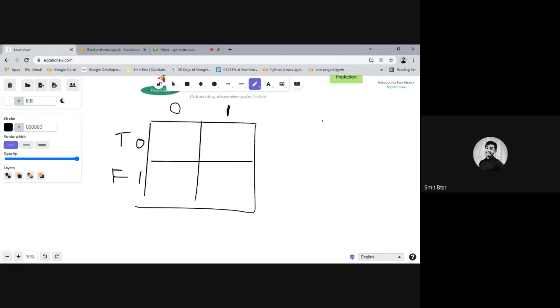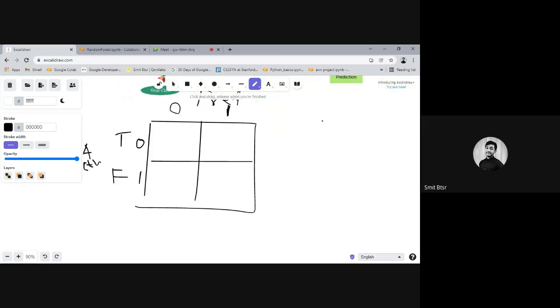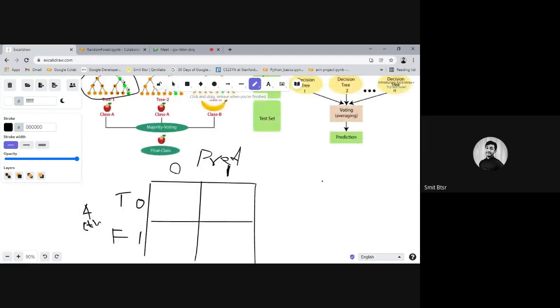You can also say these were the actual values in the y test. Forgive me for my handwriting. And this one is predicted.